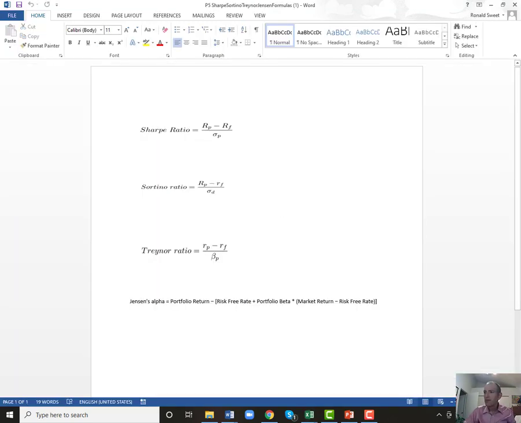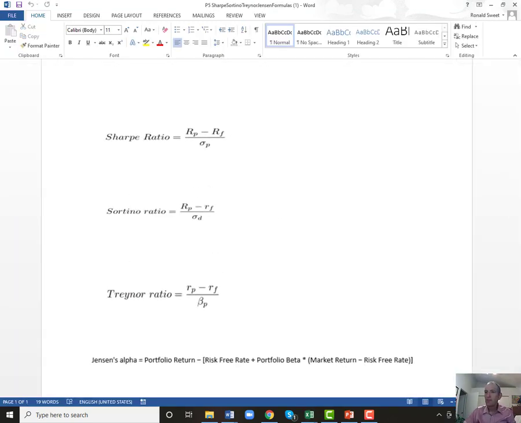So I've given you a document, I'll put this out on the blackboard, that shows you the most famous ratios. The Sharpe ratio is really for your entire portfolio. It's used a lot by hedge funds. You wouldn't do this in our case where it's just one mutual fund that's part of a bigger portfolio, but hedge funds definitely use Sharpe ratios. Your Sharpe ratio is your return minus the risk-free rate over the standard deviation of your portfolio. We have everything there but the risk-free rate. So we need to bring in the risk-free rate.